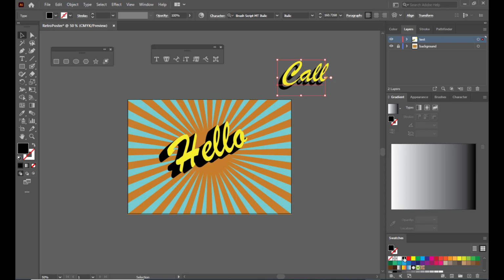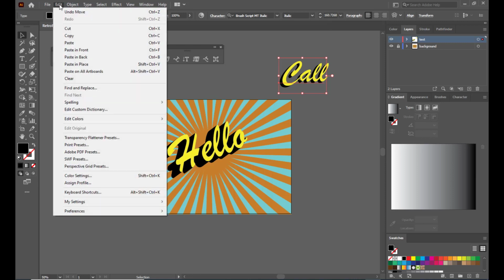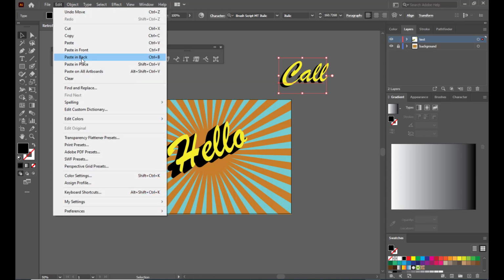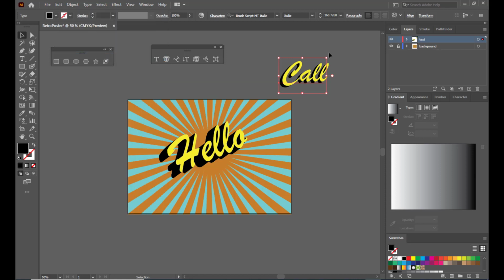And we'll give it a pure black color, right? So we can just use the arrow keys to properly position the text, and then we'll take one more duplicate. So again we'll go to edit, copy, and we'll again use the option paste in back, and we'll again just move the text, just we'll keep it a little bit far away, right? And we can just keep the yellow text a little bit away,